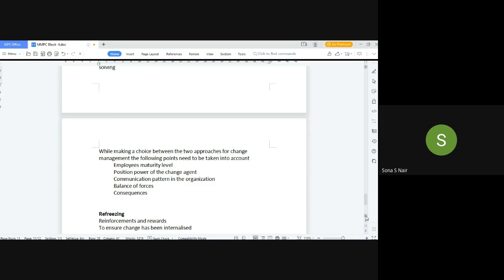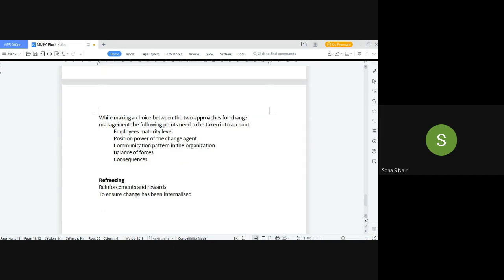Okay, right. So in the change process, we've seen that there are various dimensions that can be changed. And as far as the process is concerned, the first step is unfreezing, making people ready for change. Second is you will actually be making the change. The third part of the change process is refreezing. Refreezing means